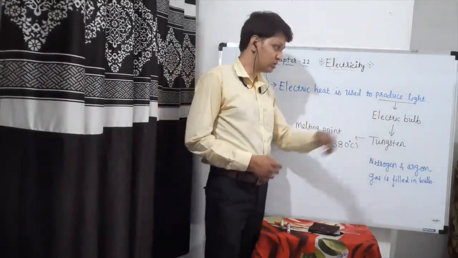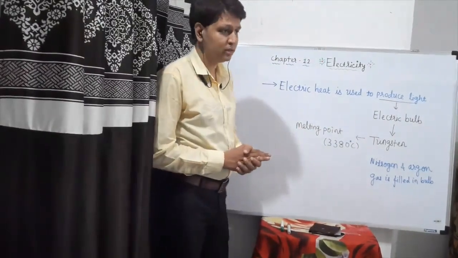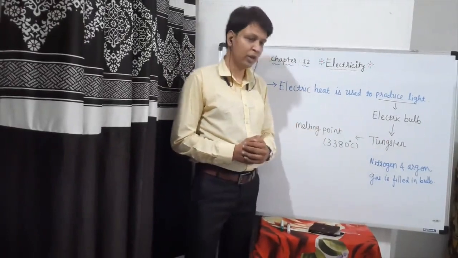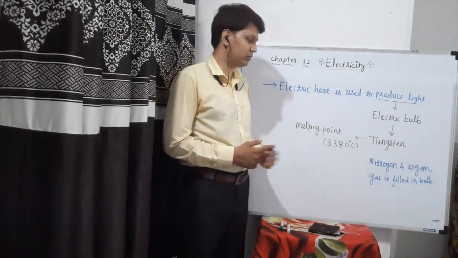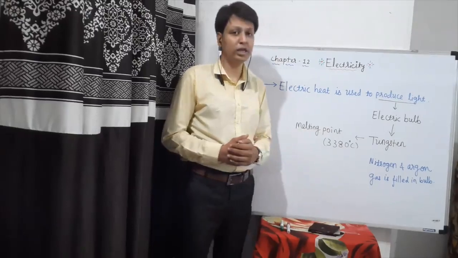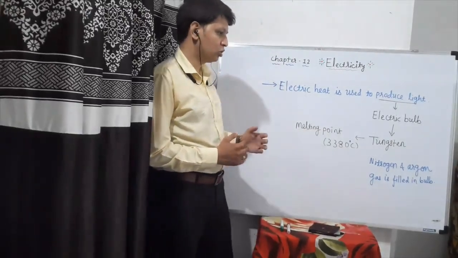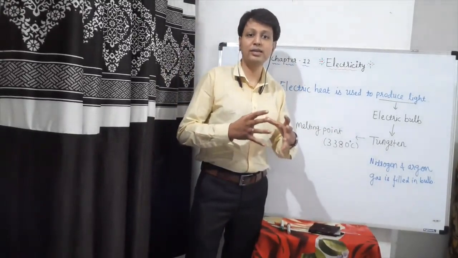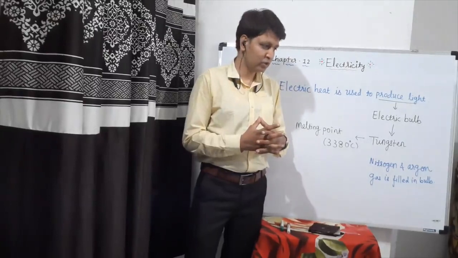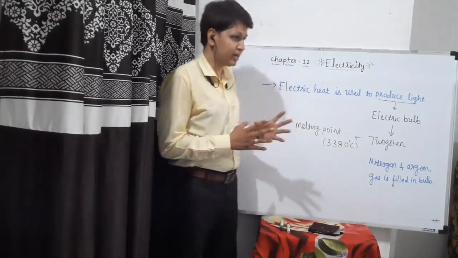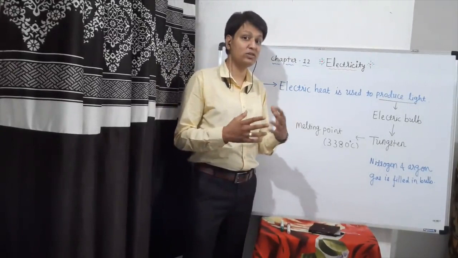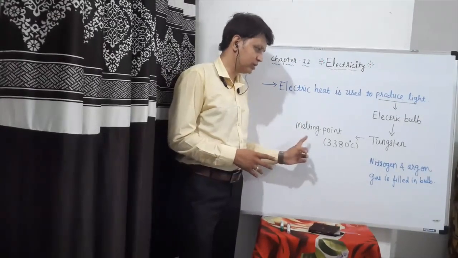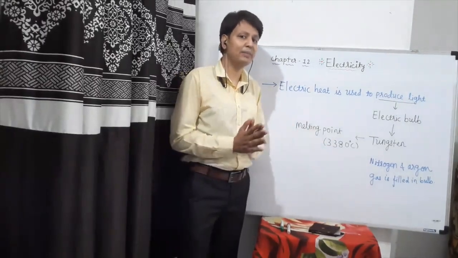Electric bulb is one such device which produces light. It is made up of a filament from a metal called tungsten, which has a very high melting point, that is 3380 degrees Celsius. So it tries to retain as much heat as possible. So what will happen? It is a possibility that the filament, which is giving light as well as heat, will melt. So we selected one such material which has a high melting point.